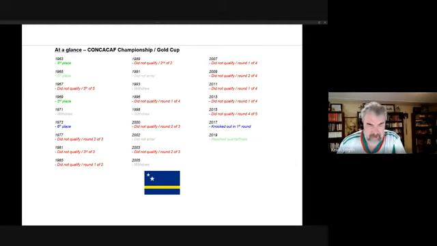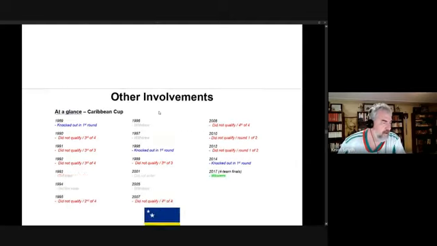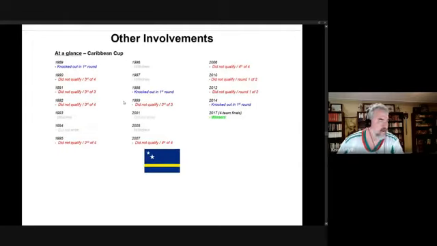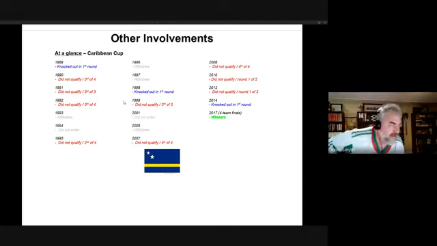But if we take a look at the Caribbean Cup, we can see really why there was such a dry period between 1969 and 2017. The reason is they basically struggled in the Caribbean Cup. They did really poorly, making only 3 appearances from its start in 1989 to 2014. Then they came out of nowhere to win the final edition of the Caribbean Cup in 2017. That was quite striking, hey, Connor?